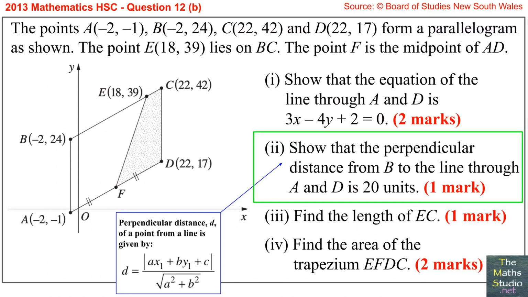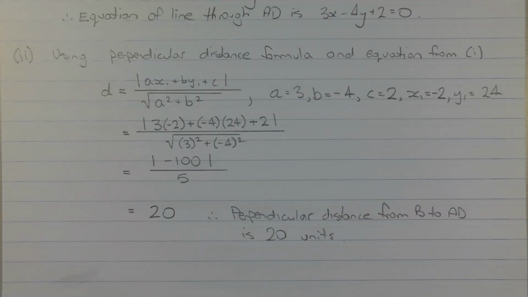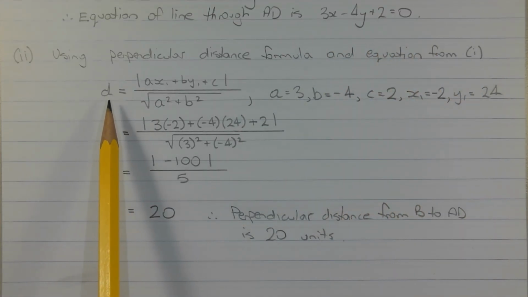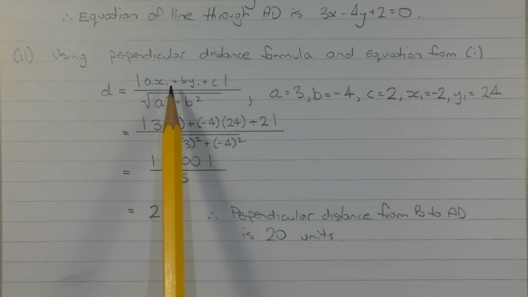Part 2. Using the perpendicular distance formula, that is, the perpendicular distance d of a point from a line is given by d equals the absolute value of ax1 plus by1 plus c all over the square root of a squared plus b squared, show that the perpendicular distance from B to the line through A and D is 20 units. Using the perpendicular distance formula and the equation that we found in part 1, that is 3x minus 4y plus 2 equals 0, we have the perpendicular distance d is equal to the absolute value of ax1 plus by1 plus c over the square root of a squared plus b squared,